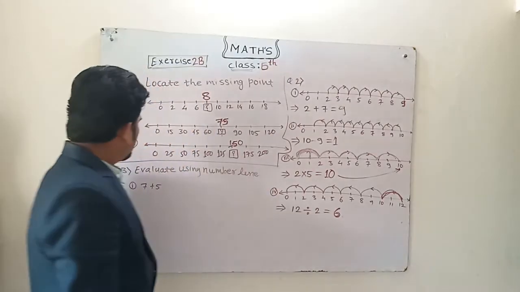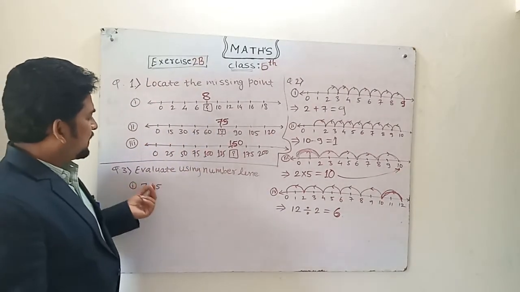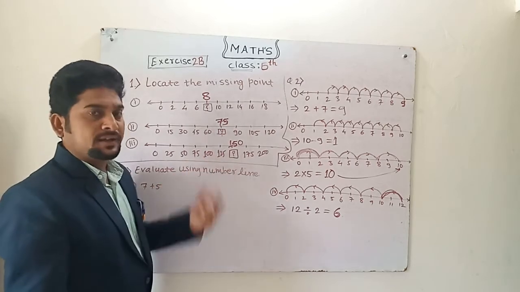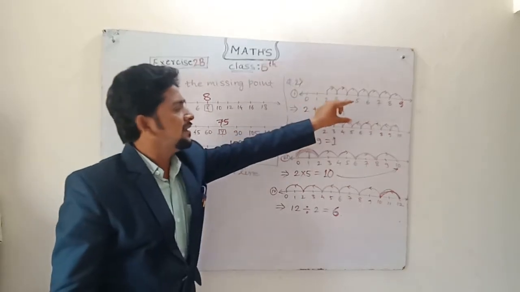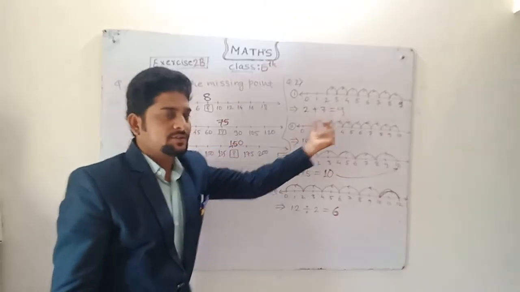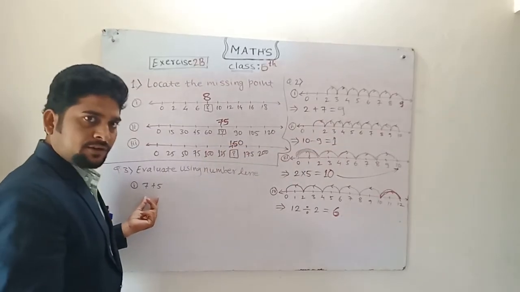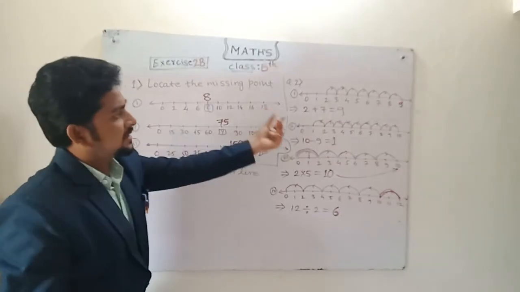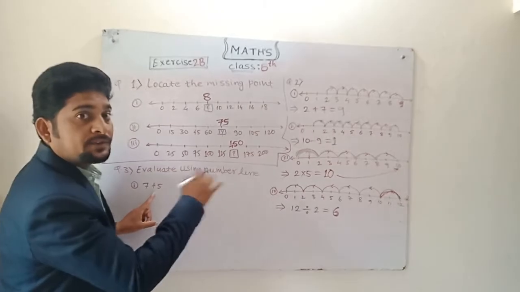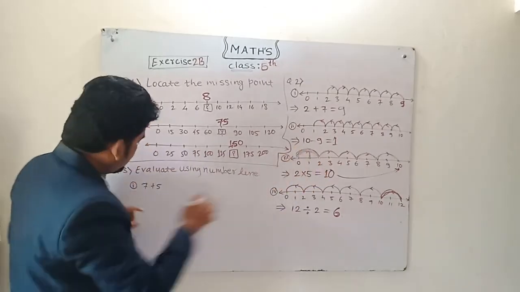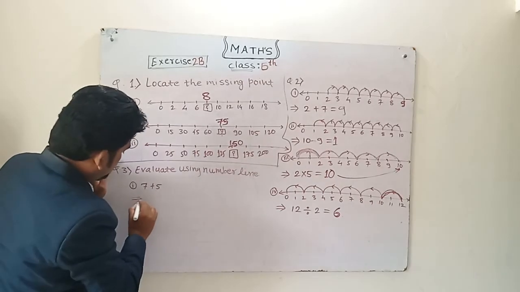Now question number 3 is to evaluate the following using number lines. This is exactly the opposite of this. From this graph we got like this. Now this is given, so it is the exact opposite of that question. 7 plus 5. Plus 5 means we have to go towards the right, starting from 7. How will it be? See,